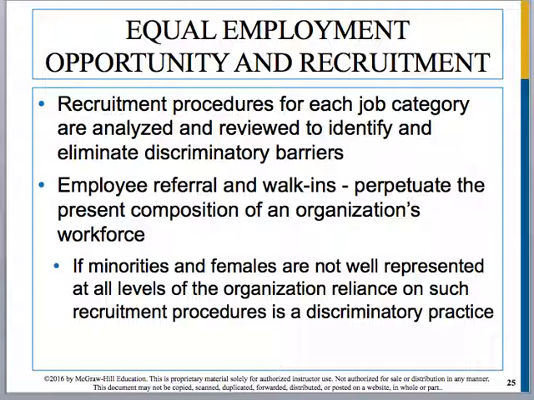We have employee referrals and we have walk-ins. And those people help to perpetuate the current-day composition of your workforce. So if you don't have that many females and minorities in your organization and they're not well represented at all levels of the organization, not just frontline, but mid-level and senior level,